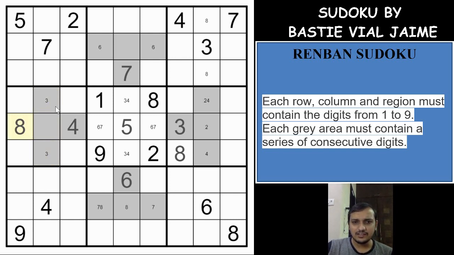Same way, you cannot have a 9 in these 3 shaded cells. See, the only possible numbers in these 3 shaded cells are 1, 2, 3, 4, 2, 3, 4, 5, 3, 4, 5, 6. These are the 3 possibilities, right? So which eliminates 7, 8 and 9 from the 3 shaded cells. So it means that 9 cannot come in these 2 cells, and 9 cannot come in these 3 cells, which gets a 9 here. The same way, we are eliminating 9 from these 2 cells, and 9 is already eliminated from here, because we get only 1 or 5 in these 3 cells, which gets a 9 here.